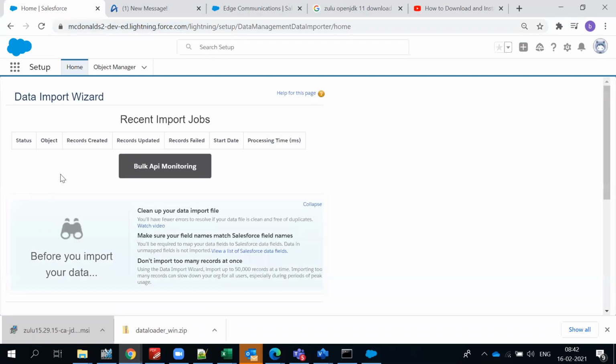And also you cannot delete, I guess, right? Yeah, so this is the data import wizard we have. And if you look in here,